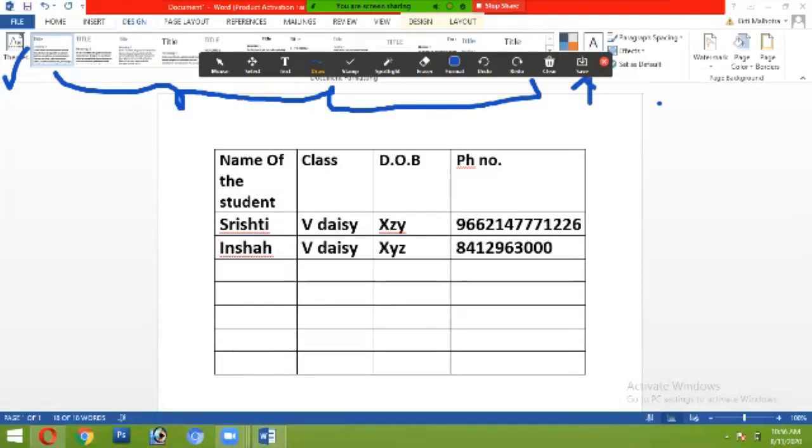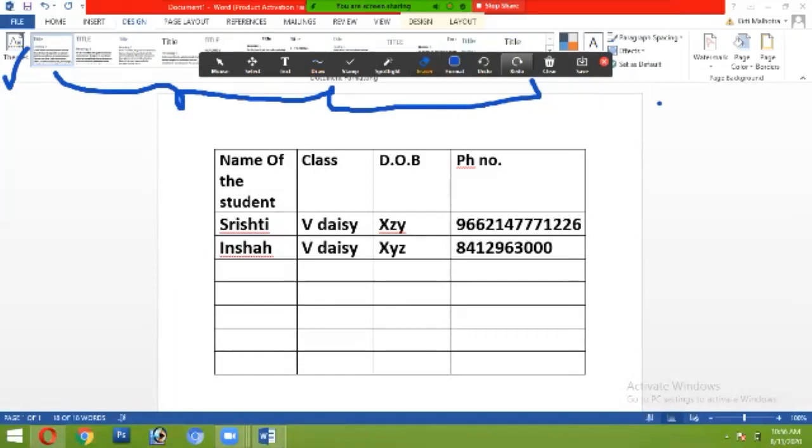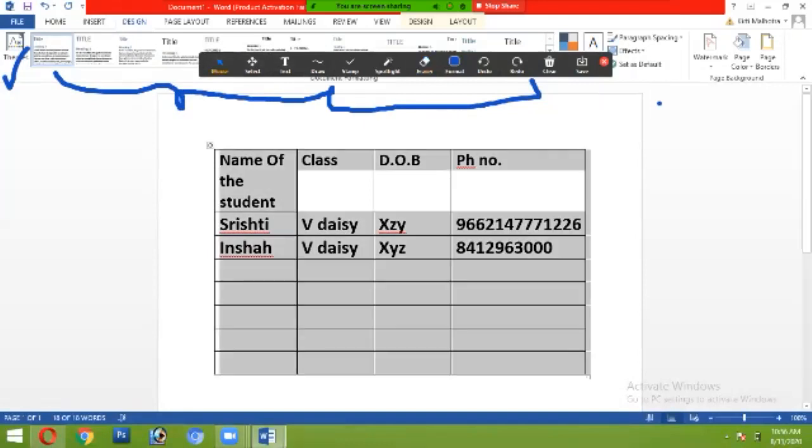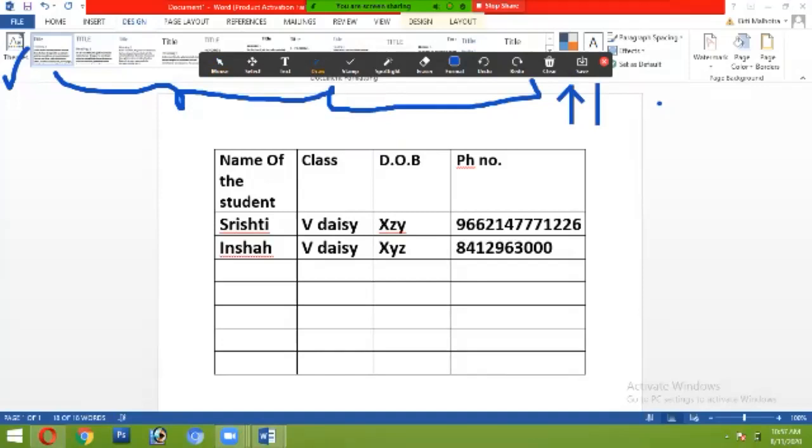These are the colors. These are the fonts.